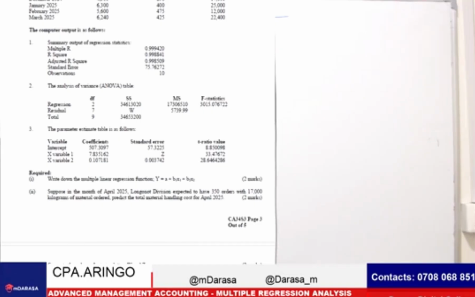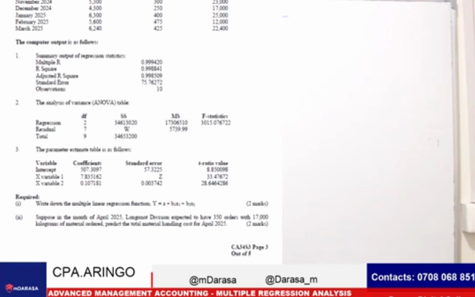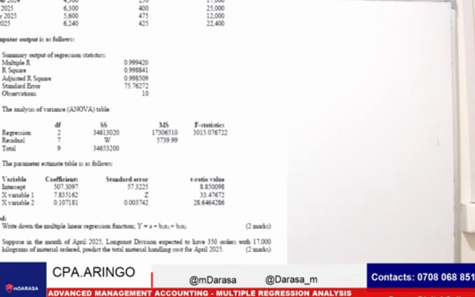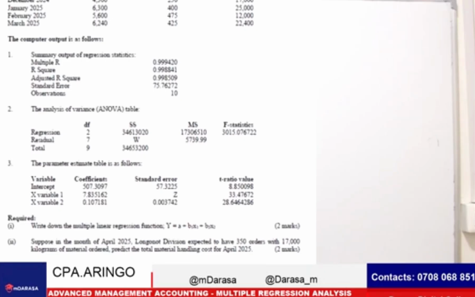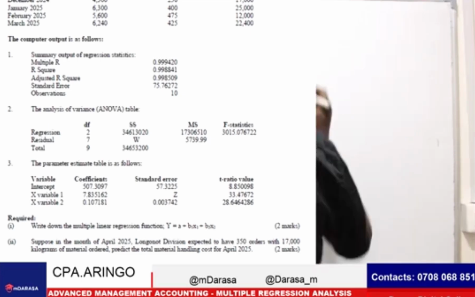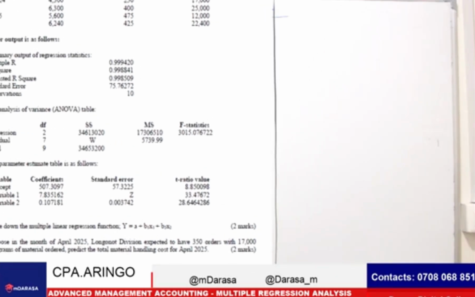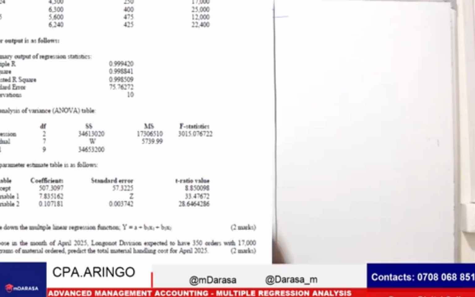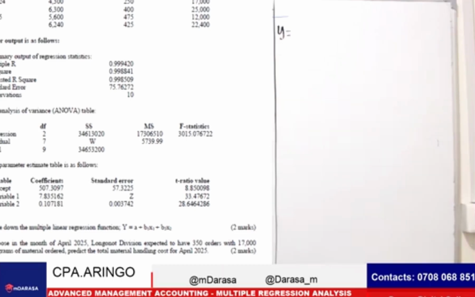A, we said A is our intercept. I want you guys to take your eyes to note number 3. So in number 3, we're told that the intercept is under our coefficient. So we can all agree that we are taking here a value of y to be equal to our intercept, which is A,